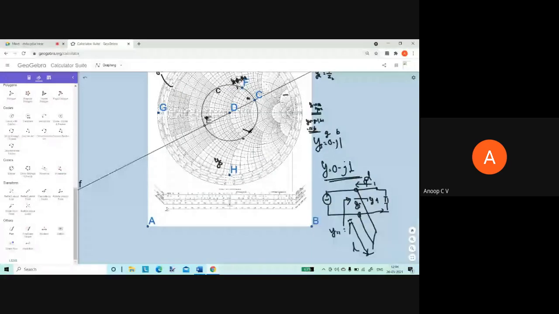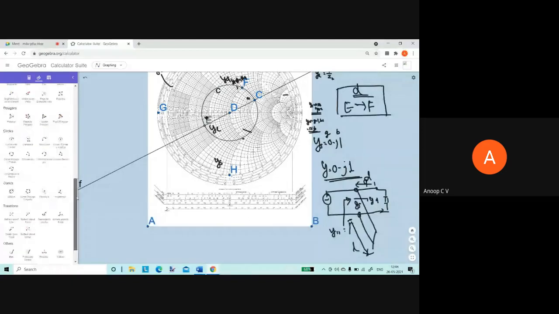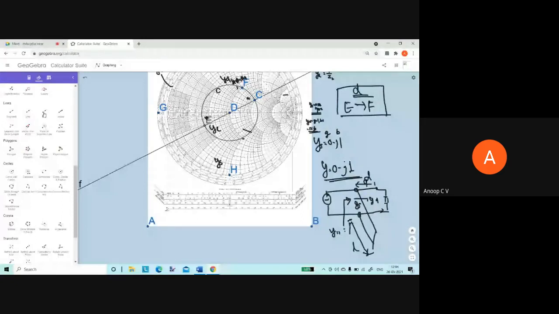This is YL, right? So I'll mark again. This is YL, point E is YL, and point F was YD, right? From here, how much should I travel to reach this point F? E to F. Distance from E to F was D. So we can find that. We can take a ray. This is already marked, right? D through E, it is already marked and it intersects at some point. So now I should mark D to F. From D, I should start and go through F.